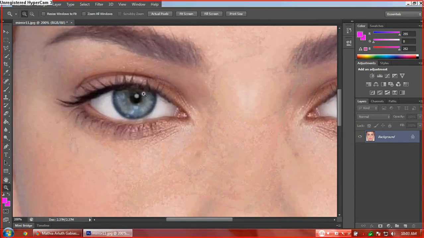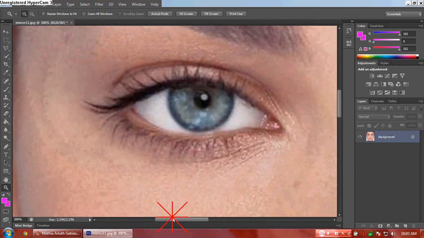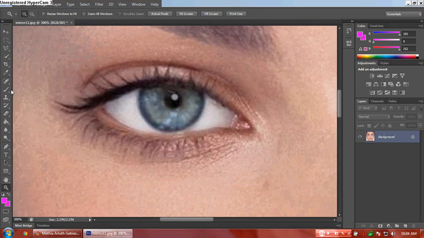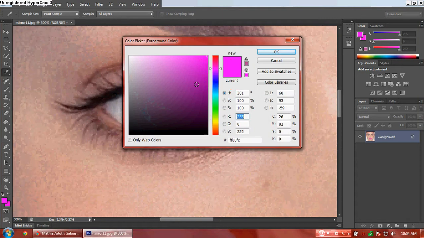And to change the eye color, zoom it in the eye part and choose a color whatever you want.